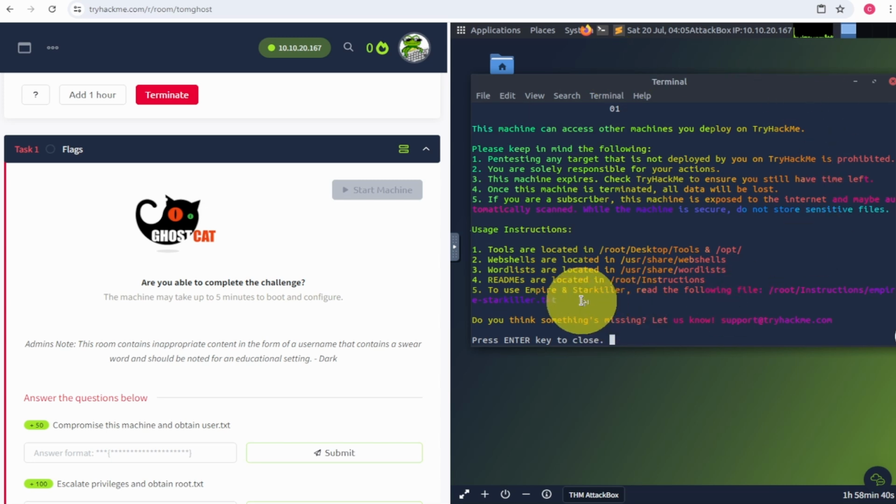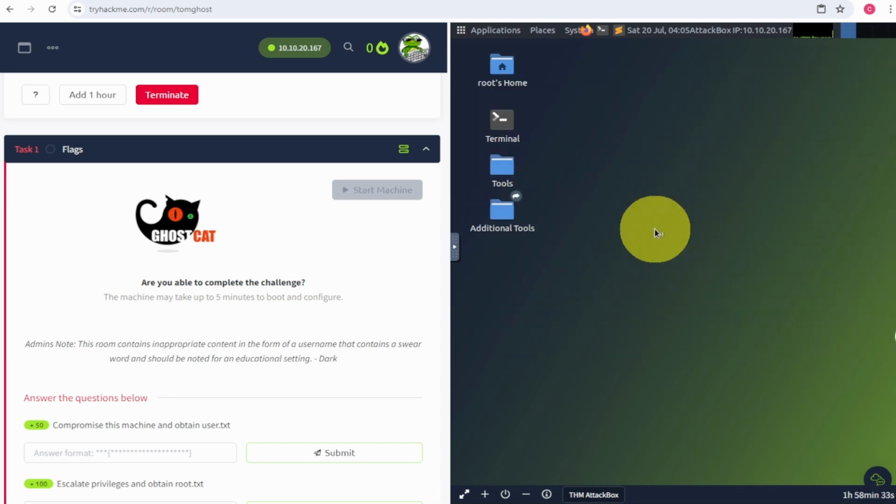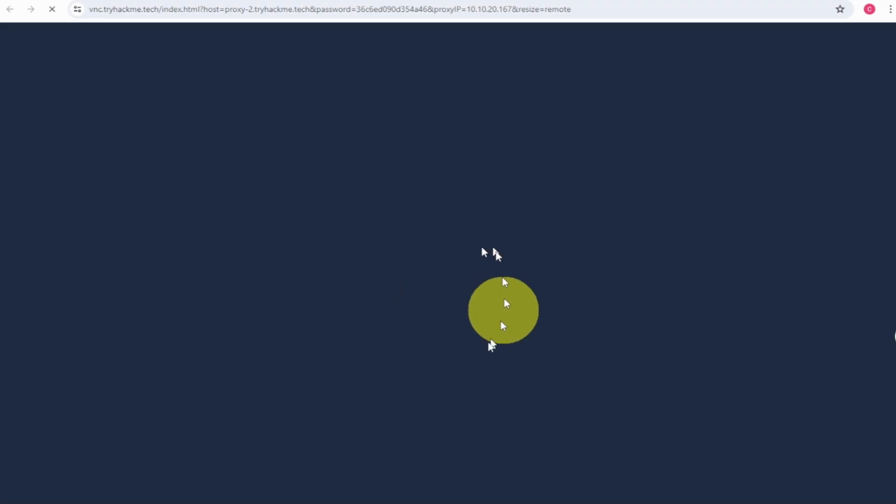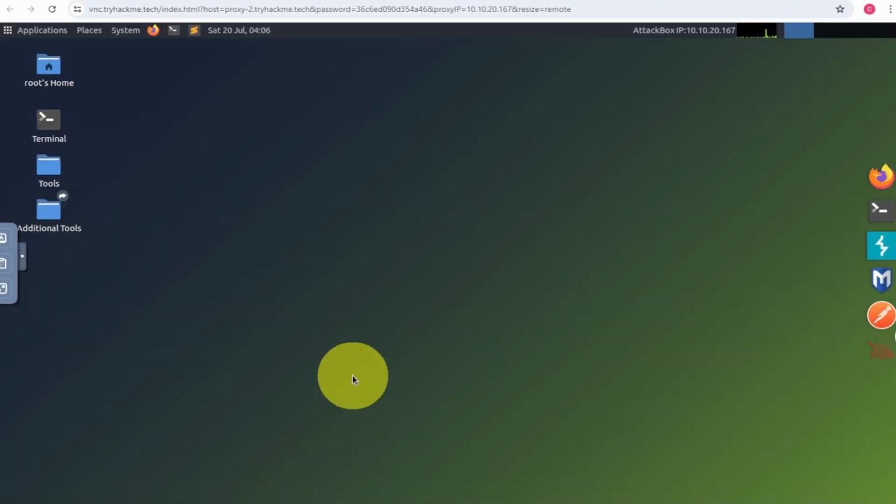We see here that we've finished initializing our attack box. What we need to do is click into here and dismiss this terminal right here by hitting the Enter key. Then we can put this in its own browser tab by clicking on this button right here, which is labeled View in Full Screen. We can click on that, and then we will get a full screen of the virtual machine, which is much more convenient for